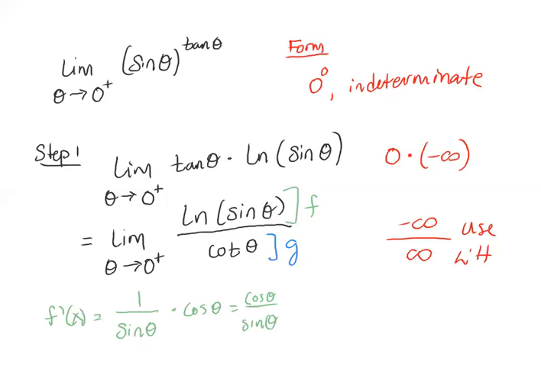And because I know what's coming, I'm not going to simplify that and write it as cotangent. But I would understand why you would naturally do that. g prime is equal to the derivative of cotangent, which is negative cosecant squared theta. Okay, so I have the two pieces,